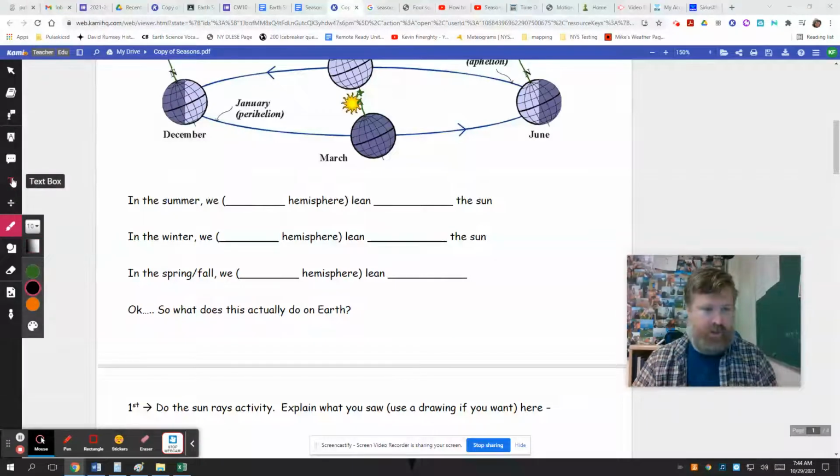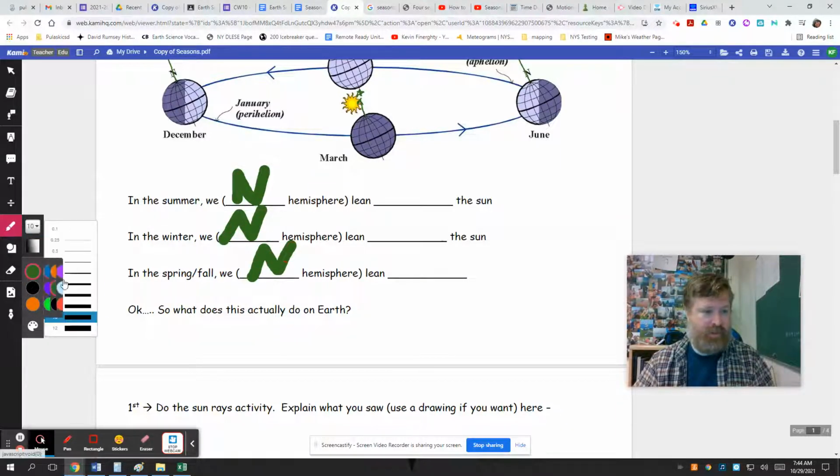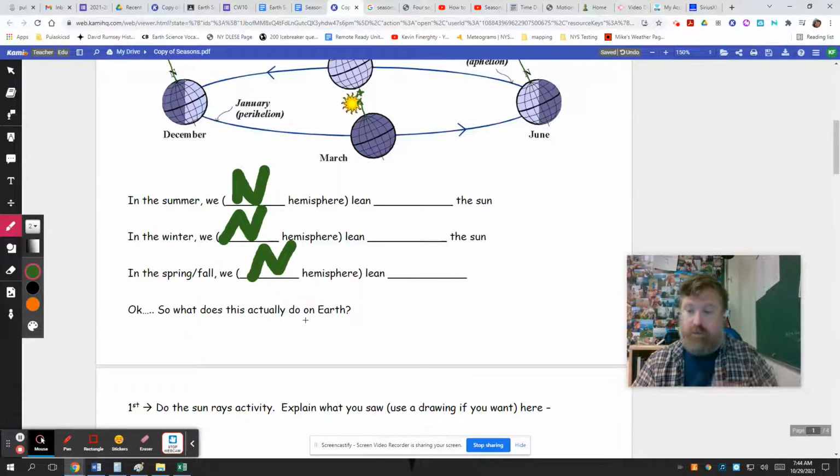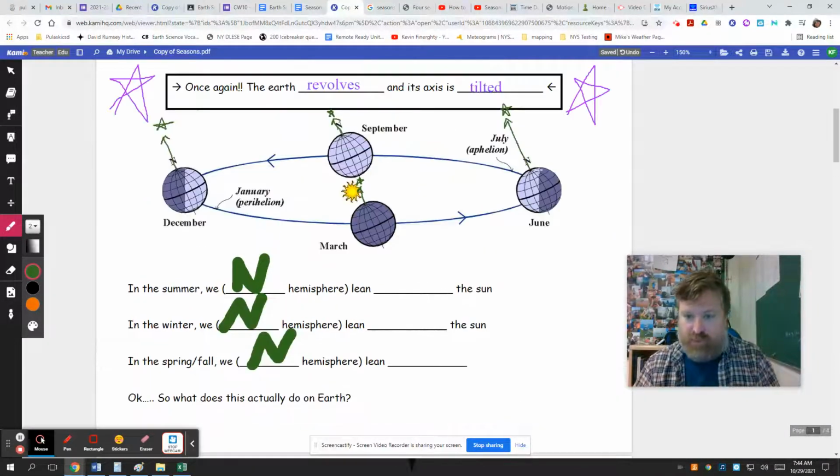So let's do this section now, and this is actually going to be kind of review. Summer for we here in the northern hemisphere, because one of the things we're going to get into with the class activity, with all those little pieces of paper, is that if you go to the southern hemisphere, all of this flops. Let's say this is our summer, because it is, right? This is the beginning of our summer. We're leaning into the sun, but flip yourself upside down and pretend you lived in the southern hemisphere down here.